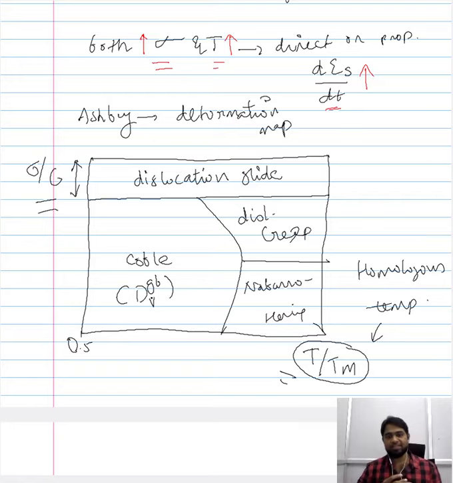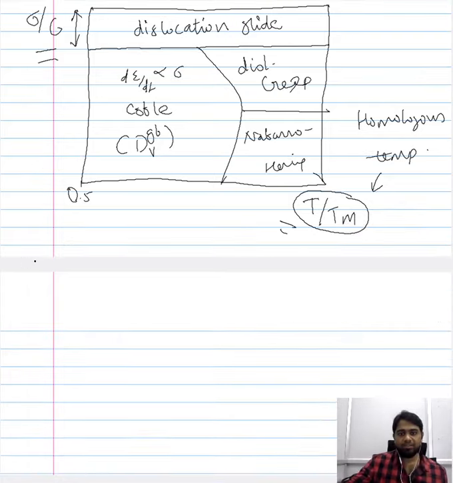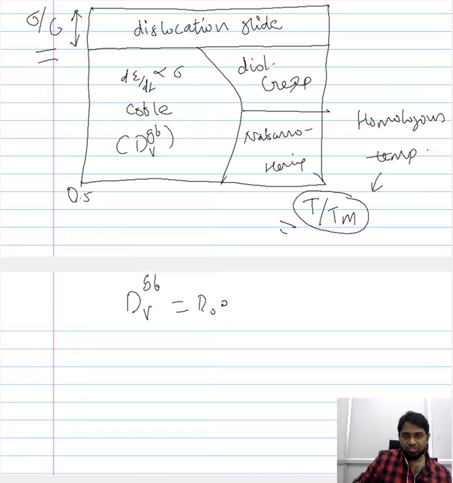So what essentially is happening is, in this region, in the Coble creep region, the rate of creep is proportional to the applied stress, and the major component that plays a role in deciding this creep rate is the diffusivity of vacancies along the grain boundaries. For this combination of temperature and stress, if you could recollect, we expressed the diffusivity along the grain boundary as a constant times an exponential term, with the activation energy along the grain boundary over kT.